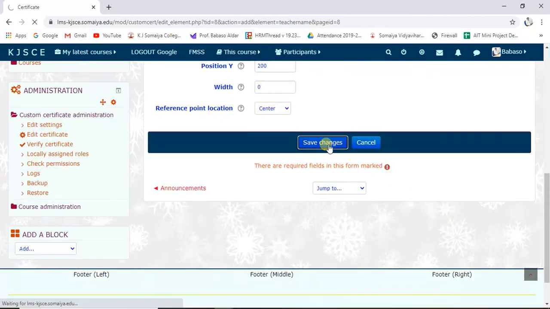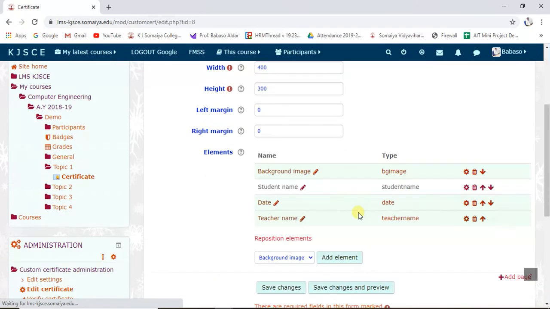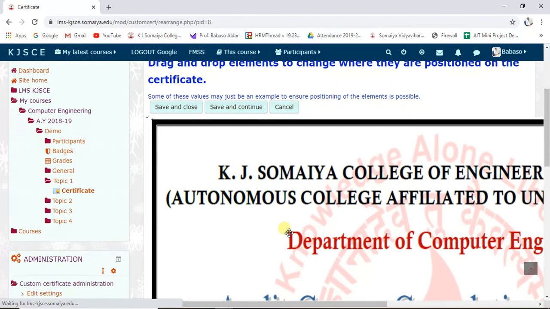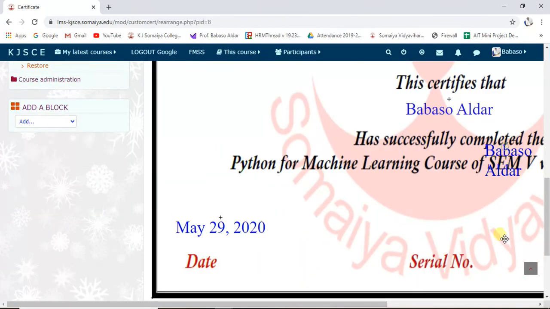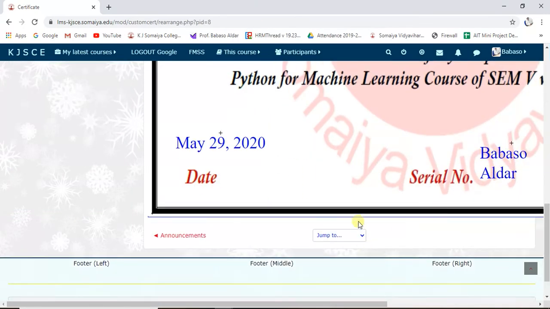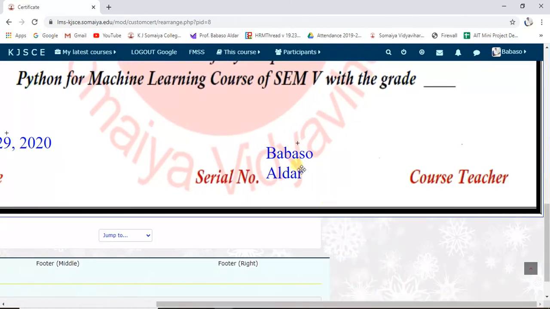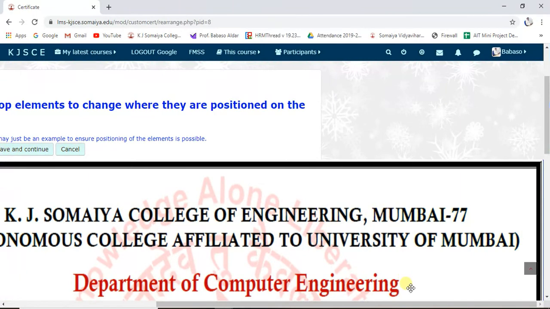And click on save changes, and you can reposition it. So reposition the name of the teacher, right? In this way our certificate gets generated.